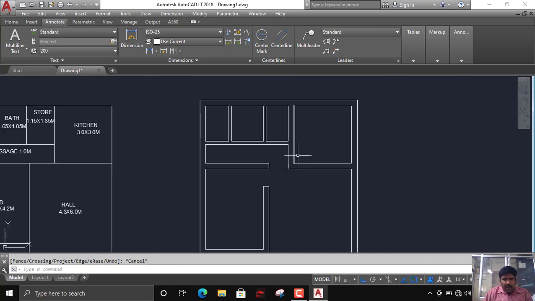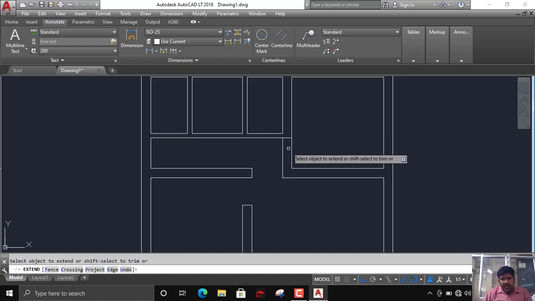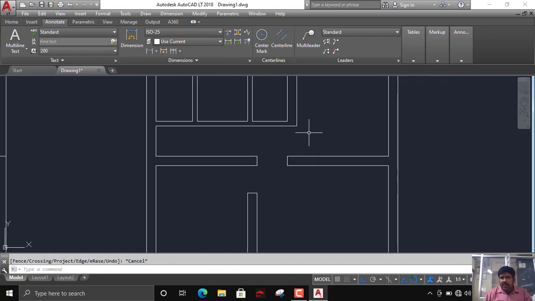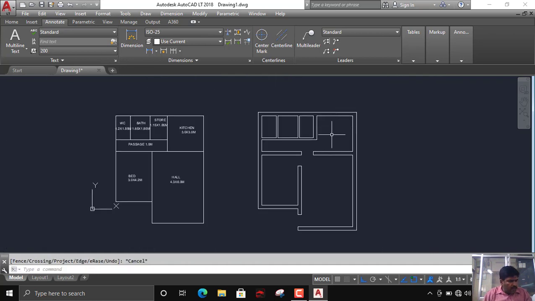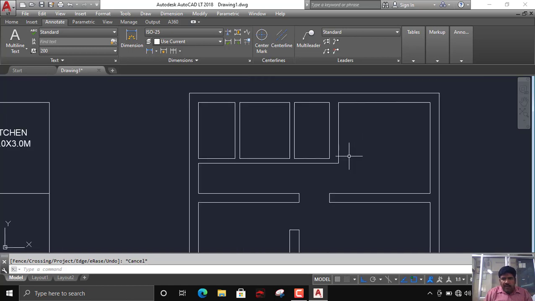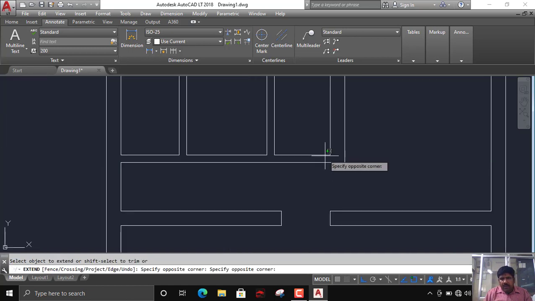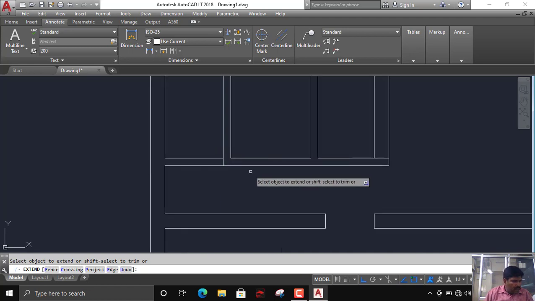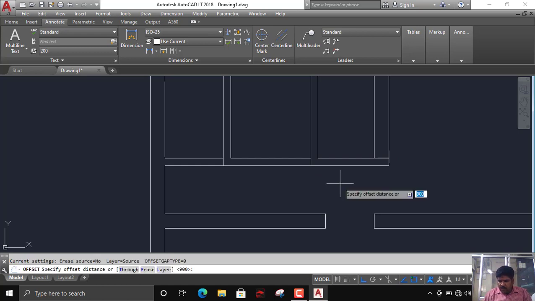After that, they have extended here. Here they have given 1 meter door in the passage for the kitchen, right? Then I have 750 doors for the store, toilet and other things, right? Here one offset, one door is given here, one door is given somewhere here. So offset of 750,